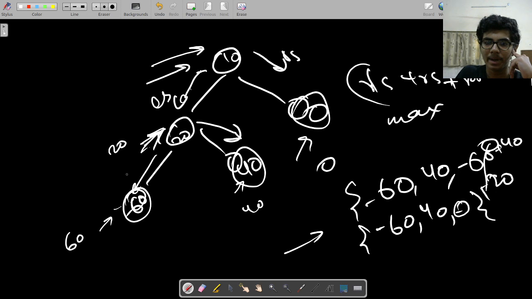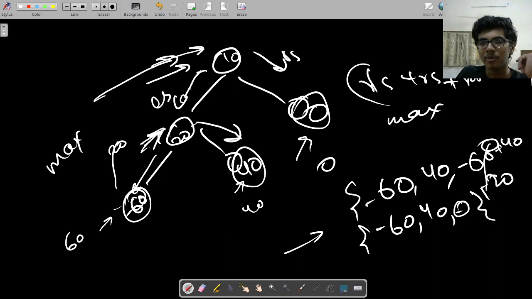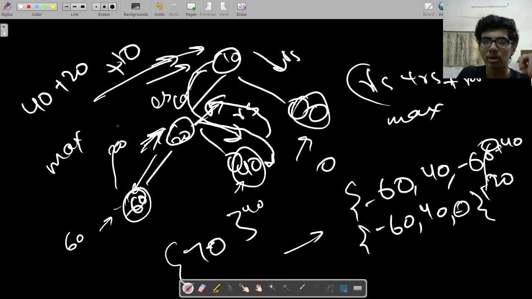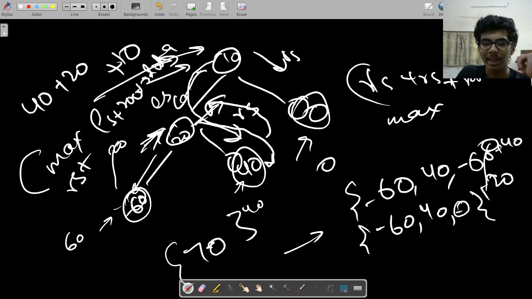Okay, but now for this root node, what I want is the maximum left subtree. So for the maximum left subtree, when I came over to here, I saw that it is giving me the maximum value. So I will take this path. So it will be 40 plus 20, and I want the maximum. Therefore I will follow this path. Okay, so it will be 20 plus 40 plus 10. So it will be 70 till now, till the root node, and I have got the left subtree plus the root data. Now I want the RS value also, and keep the maximum.